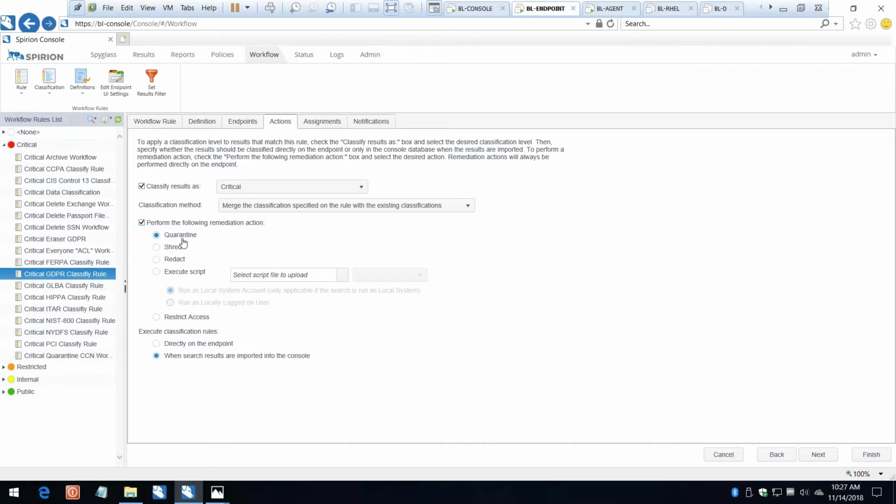So quarantining, you can move data to a more approved business location. So if you create data in, let's say, an HR folder, but it's really financials information, you can have that financials information moved to perhaps another drop location within HR. You can shred information if it's not appropriate to be on a particular device. Shredding, I commonly see in Exchange or email type environments. So if you have credit card information or sensitive information, especially around GDPR, it's probably not permitted in email, so it can be shredded, deleted where it resides in any mailbox.